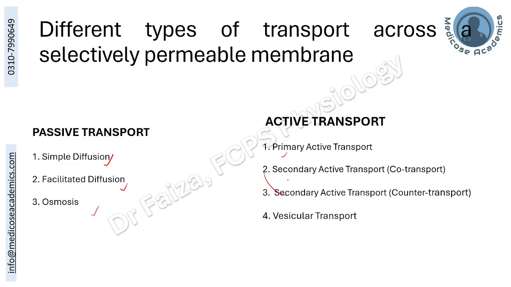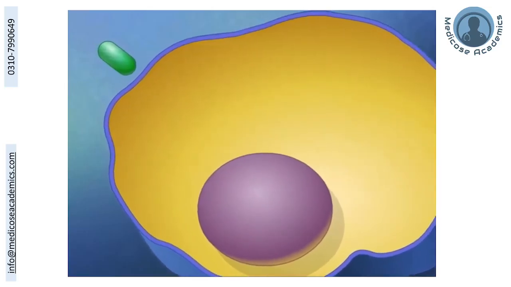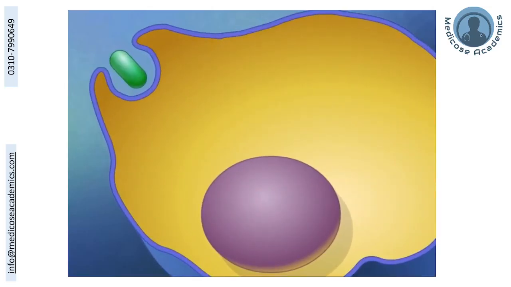Those large-sized molecules which cannot move across with the help of the carrier proteins have to take advantage of the vesicular transport to move across the cell membrane. For example, this video is showing you the endocytosis of this green substance across the cell membrane, which is large in size, incapable of moving across the carrier protein. So this is coming across the cell membrane at this side, attaching over here, and an endocytotic vesicle is being formed over here, which will then be pinched off.